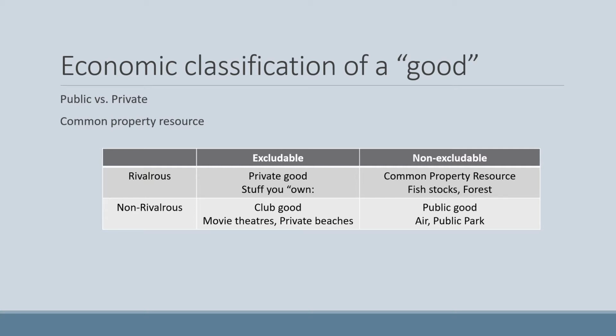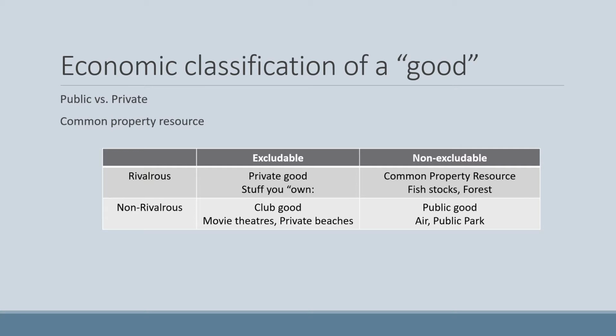Notice that a non-rivalrous good that's excludable includes things like movie theaters. Really, you shouldn't be able to get into a movie without paying for it. I realize this is all a technical discussion, because I know a lot of people that movie hop, but theoretically you should only be paying for one movie, going to that movie and seeing it. It's not costing the movie theater any more, as we said, depending on how many people are watching it, and really you shouldn't be able to get in if you don't pay.